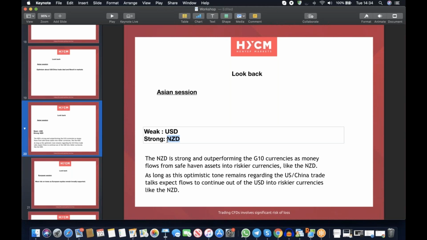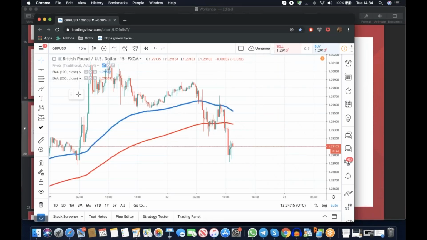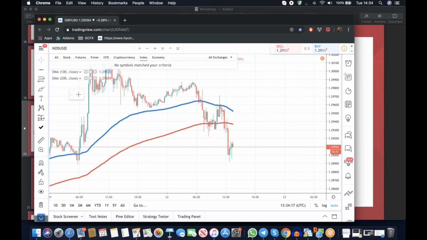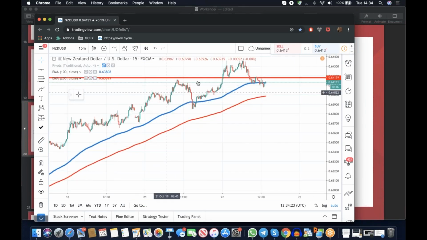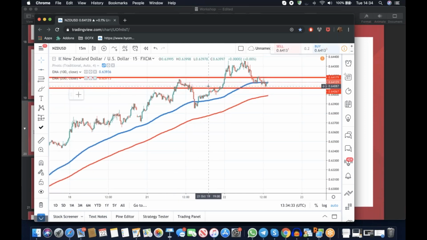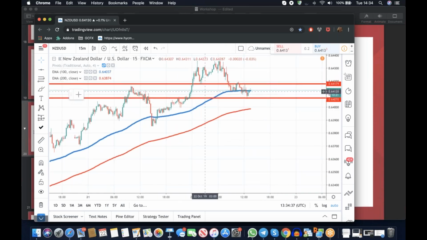So the pair that I was looking at this morning was the New Zealand US dollar currency pair. So if you go to the charts here, you can see there was a good support level here, and there was a good support level here. So these were two very straightforward places where potentially I was looking at entering a New Zealand US dollar long,